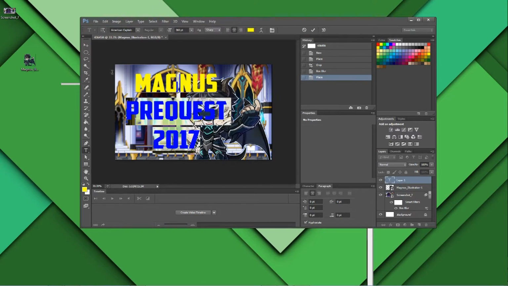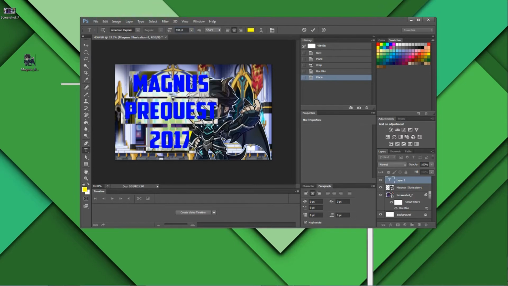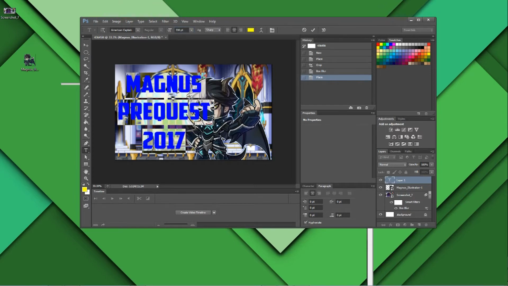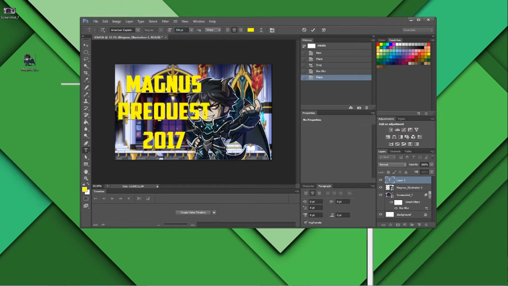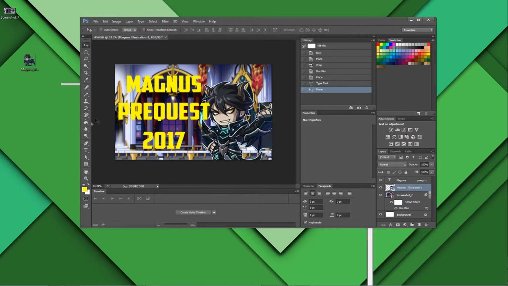So then right here is how you change the size. So maybe I want it to be 330. Maybe it's a little bit smaller so it's easier to see. Part of his face is blocked, but it's all good. I can just go here. I can always click on the moving tool right here, and I can always move them a little bit more like that. Okay, so now with the text, what I'm going to do,